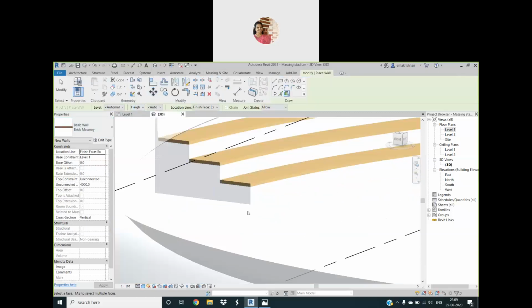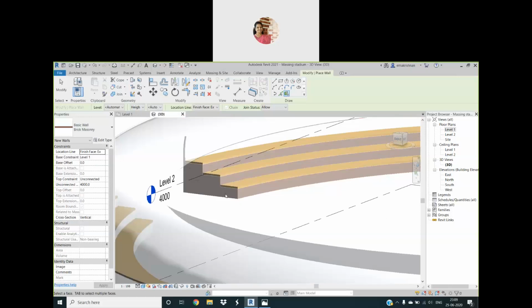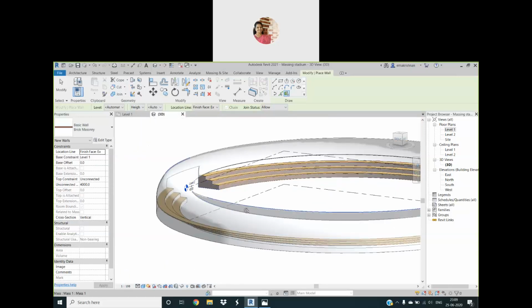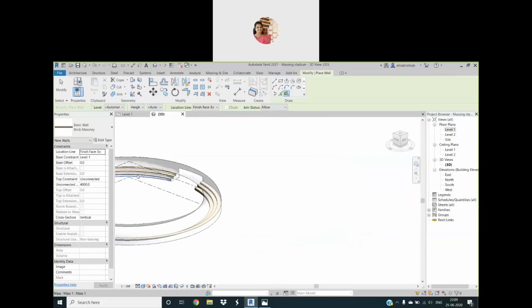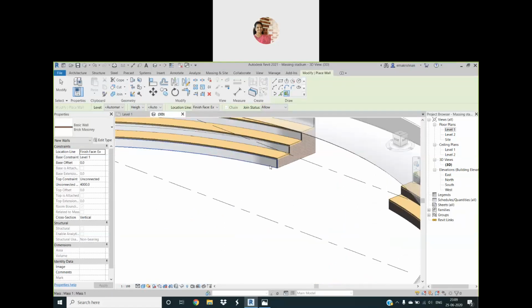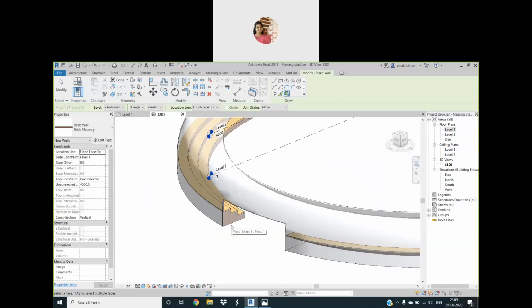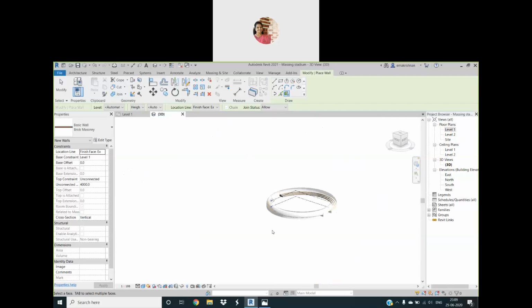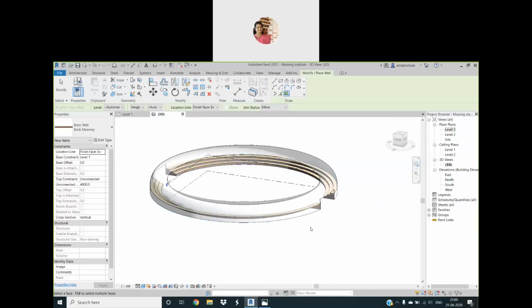Now let us come back, and this is the wall by face. We can choose the type, and here I'm clicking this face as a wall, this face also, and this face also. Then let us just come back. Let me just rotate so that it will be easy to work. Yeah, so let me just click here. Yeah, that has come. This one, and this one. Yeah, quite easy. Yeah, here also. So let me just click on that, and in this direction, here it is. Yeah, that is also.